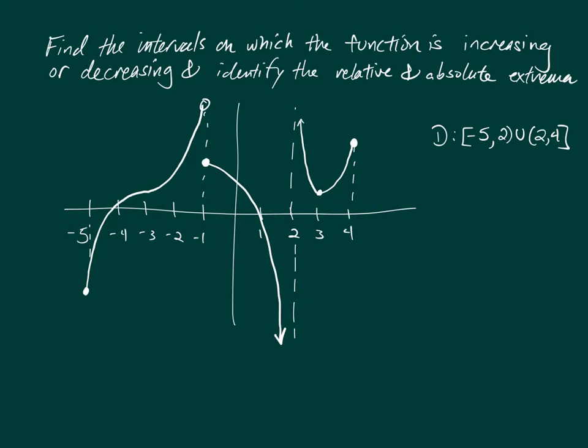And because this is not the lowest point on the entire graph, you can see that this arrow tells you that the range goes down forever, or decreases forever, that this will be a relative minimum. So relative min at x equals 3. And I made a point not to put any y values on this graph